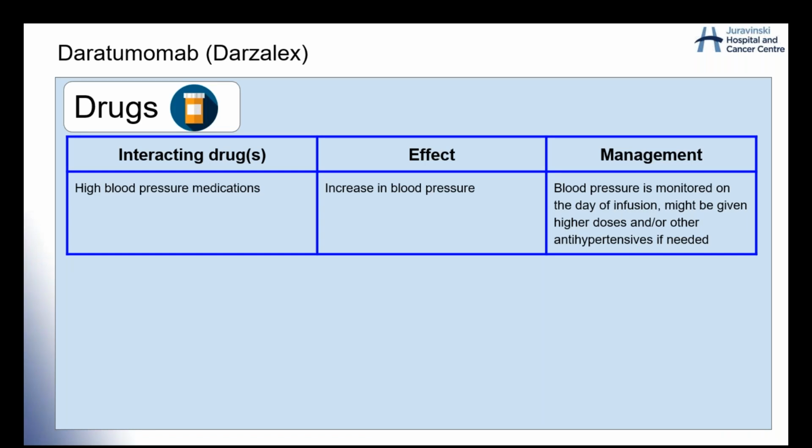Daratumumab can cause high blood pressure. I've seen a few of these reactions myself, actually. So if you have hypertension or high blood pressure, usually on the days that you get daratumumab, in about 1 in 10 people, there is an increase in blood pressure. So we monitor that when you come to the infusion clinic, and we give you higher doses of the blood pressure medications, and we sometimes add blood pressure medications for that day just to control the blood pressure. This, again, does not happen with everyone, but sometimes those who have a history of hypertension, it can happen